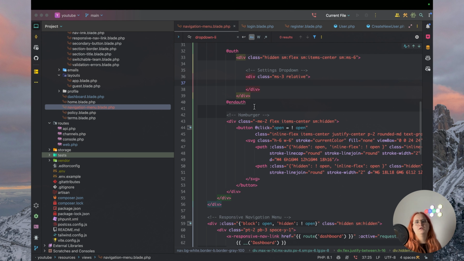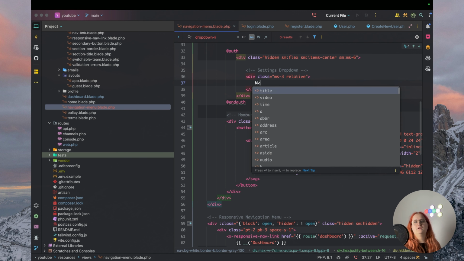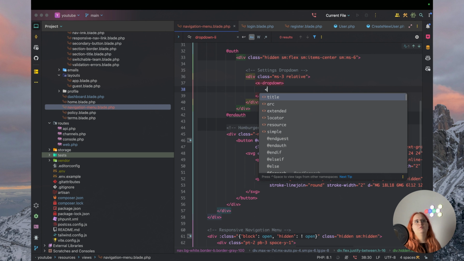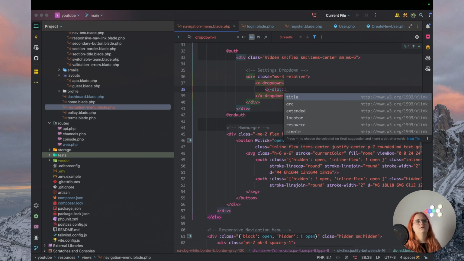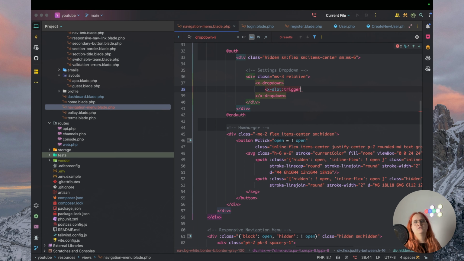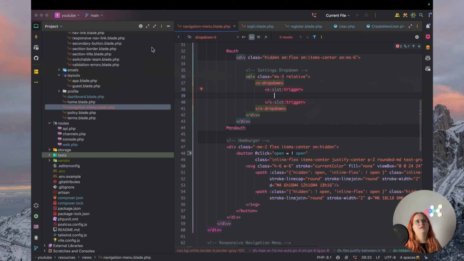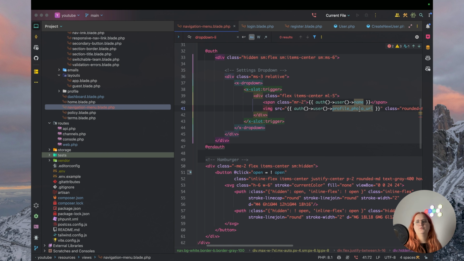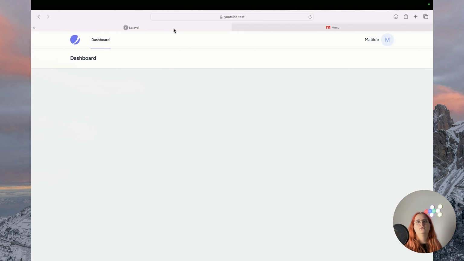So we're going to create an x-dropdown. And in here we want to have an x-slot trigger where we're basically going to put in the username in that. So we want to have a flex in here that centers the items and have a margin left of 5. And this will probably fail now because